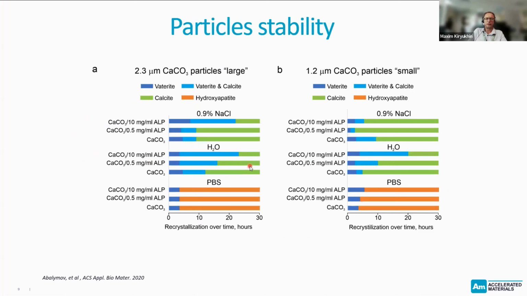And the smaller the particles, the faster this process goes. However, when you have some molecules of interest, like alkaline phosphatase in this particular case, absorbed into the structures, then the process of recrystallization is very much delayed, and you can extend the existence of vaterite particles all the way to 20 hours